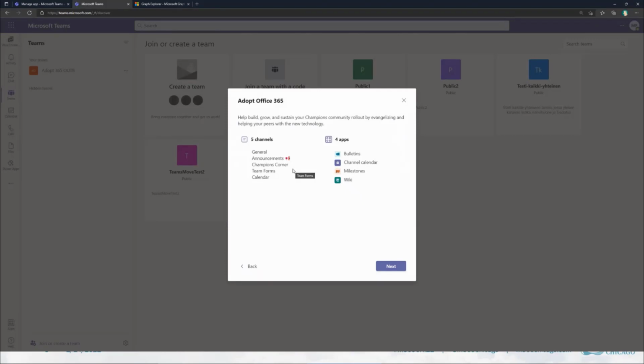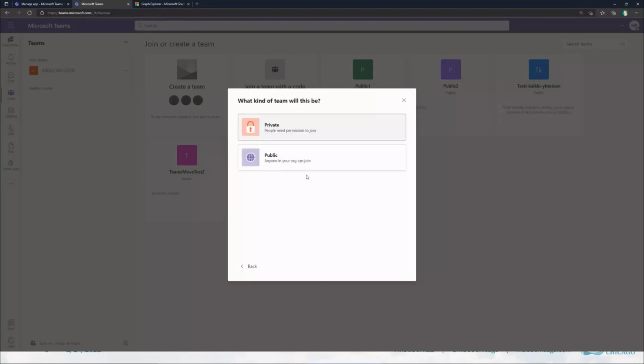And when you are starting to create a team from a template, you can see there are 5 channels and 4 apps. So it will automatically create these channels for you when the team is created, and it will also automatically add these apps to the team. I will click next and just,